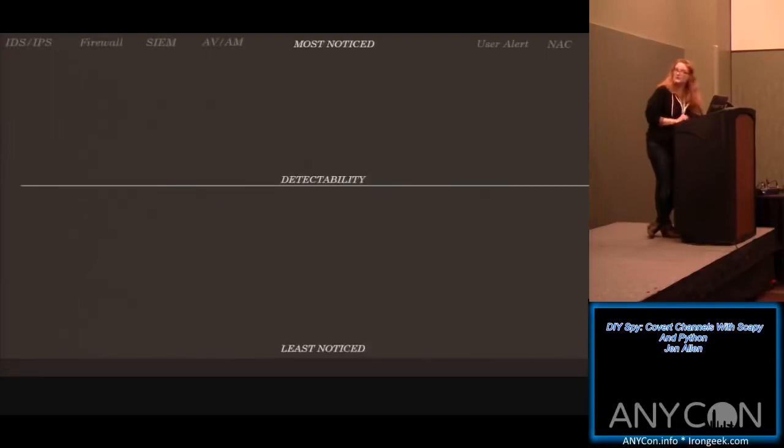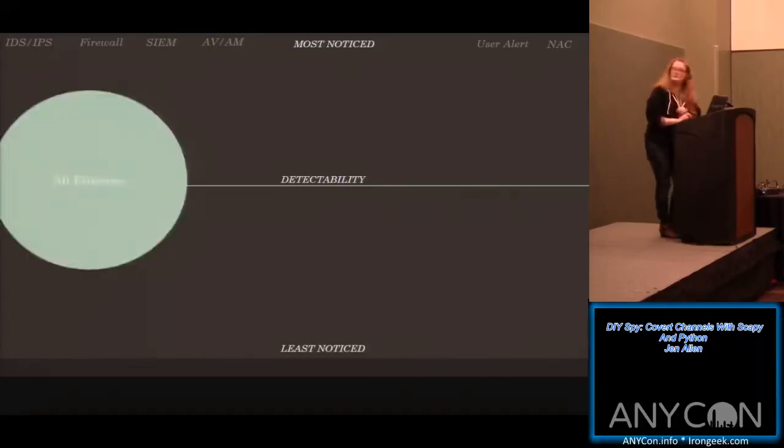quietly. So when you think about a network, understand there are so many different ways of detection. We've got IDS and IPS, firewall, SIEM, AV, maybe even a user notices something off. If you start throwing packets into an environment and some device catches it and says, I don't know what's going on, we're getting all these packets, we don't want them, a user may call out. NAC, HIDS, all sorts of different host and network-based platforms will catch unexpected behavior. So what we really want to do is identify on the network the largest amount of traffic. We're going to look for the level of detectability in the environment.